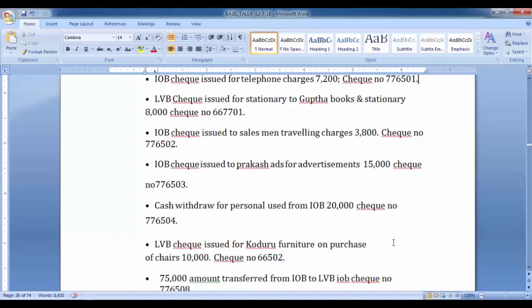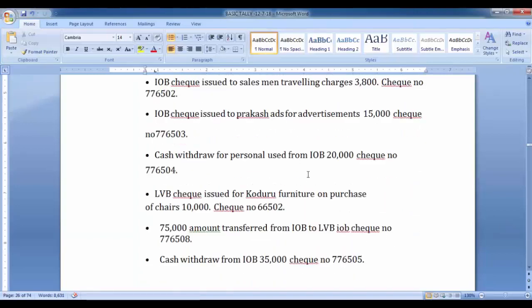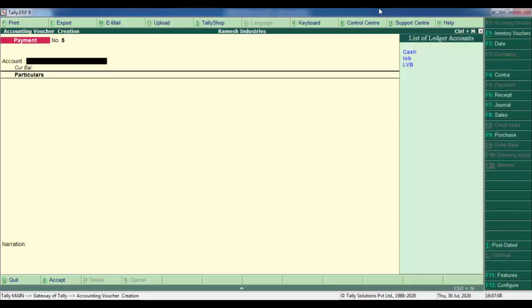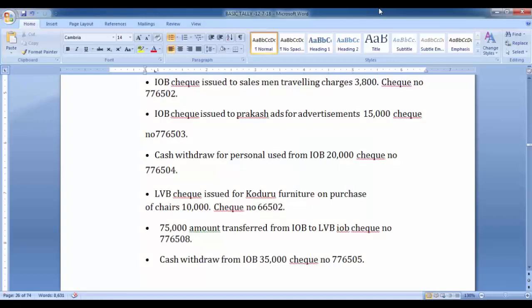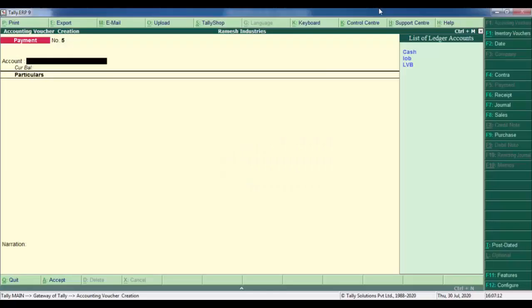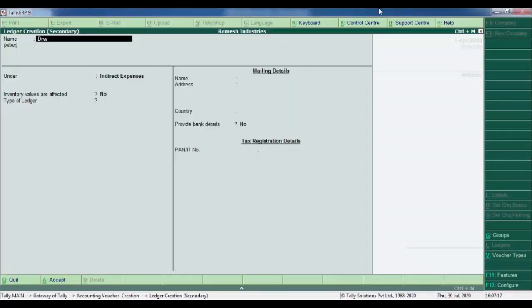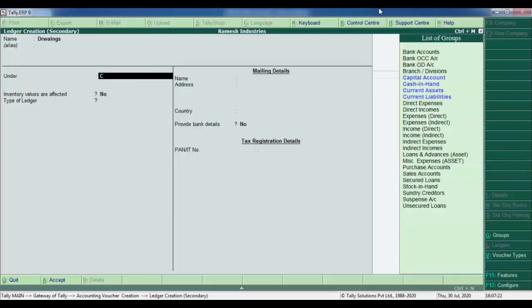After that, cash withdraw for personal use from IOB 20,000. Check number 776504. It is a personal withdrawal, also called drawings. In the payment voucher, select IOB. In the particulars, create a drawings ledger under capital account.